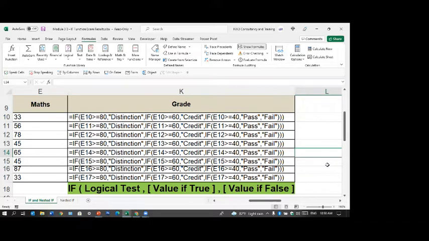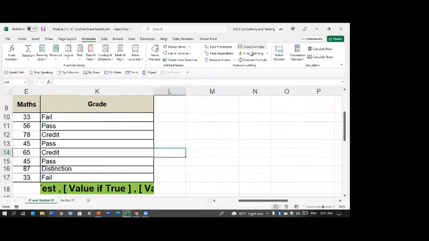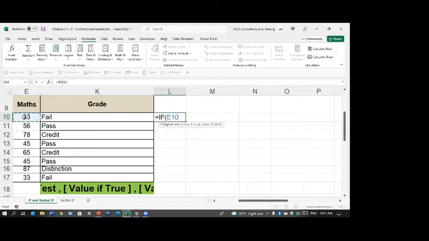You have to put in the correct order. First eliminate the other ones. If you put in the wrong order, this is what happens. I'll do that also and show you. If you put in the wrong order, let's say equal if, right? This is, let's say, greater than or equal 40, then pass.